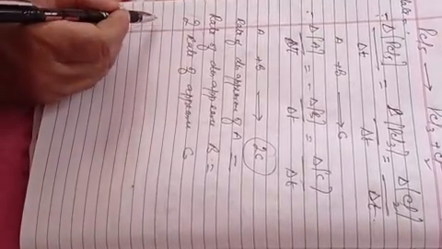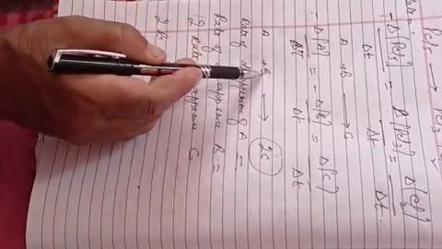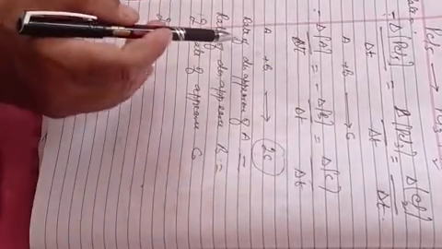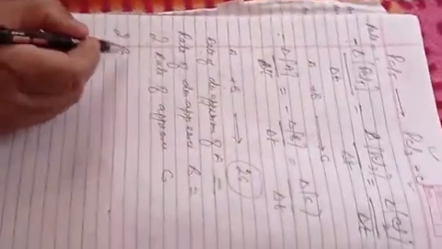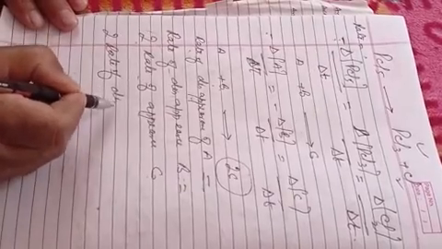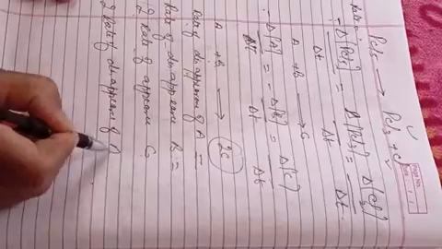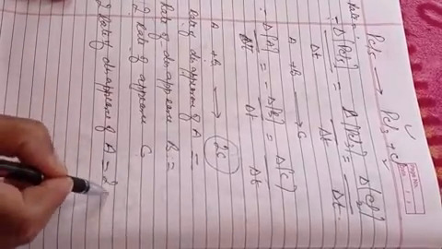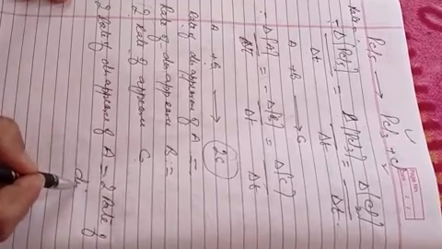Here 1 mole of A reacts with 1 mole of B gives 2 moles of C. So I have written rate of disappearance of A is equal to rate of disappearance of B is twice rate of appearance of C. But if we write twice here, then I will write twice rate of disappearance of A is equal to twice rate of disappearance of B is equal to